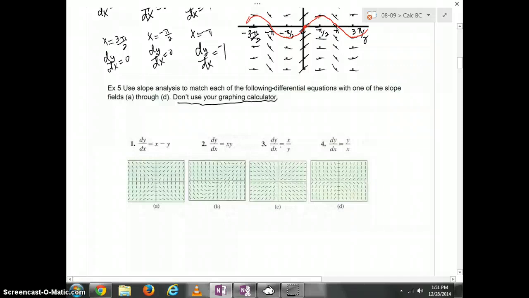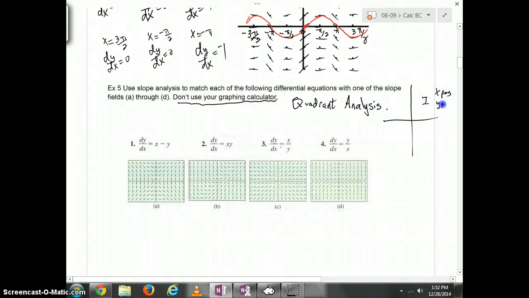But I do want to say this much, that very often what can come into play, and it's not as helpful here, is something called quadrant analysis. This particular problem, the 5, or the 4, I should say, graphs that were given right here, quadrant analysis doesn't really help us as much, but I do want to talk about it because it's a very useful strategy. Quadrant analysis is more or less saying, look, in quadrant 1, x is positive,